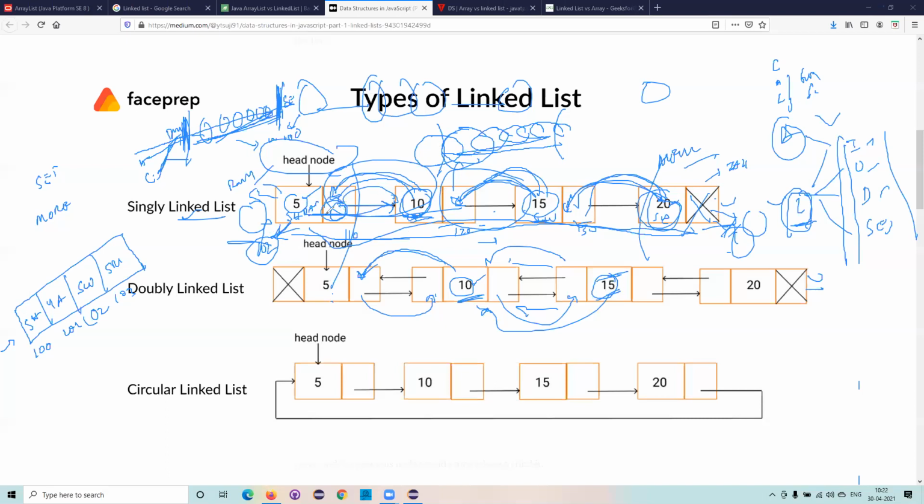See, for linking up, we are having this address here. Or else how will you link it? Now an array is continuous, it will store in a continuous fashion, so that's the reason we have continuous numbers. Whereas a linked list can be stored dynamically. For example, this element is stored in 102 and this element is stored in 120, this element is stored in 130, this element is stored in 122. So they have different memory allocations. Now to tag this element to this element we require an address, but for the first element and the last element there is no need to tag, right? That is where we will not have the addresses for both, but definitely they will be stored in the memory.